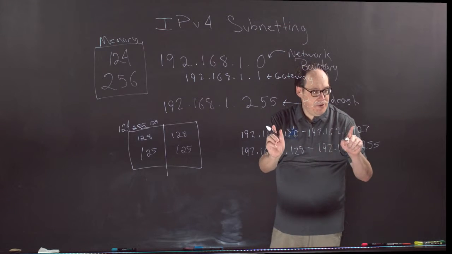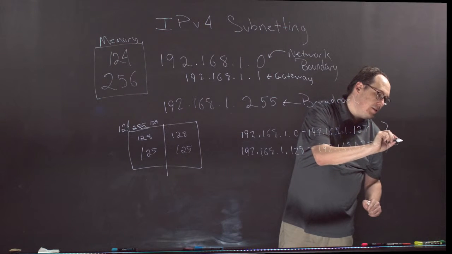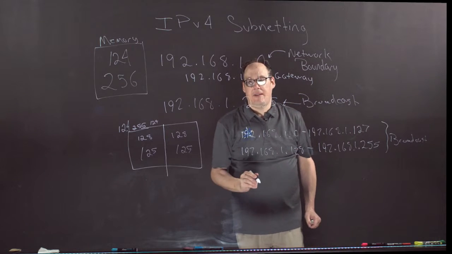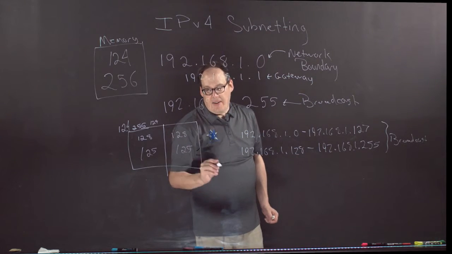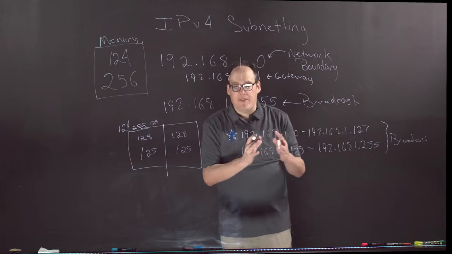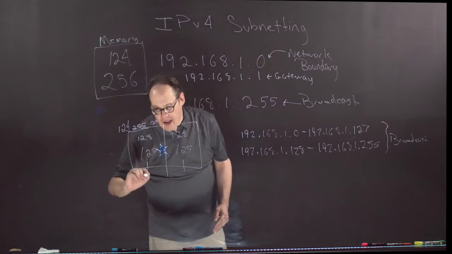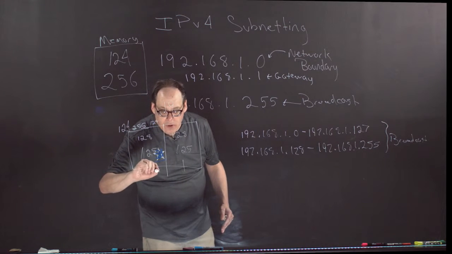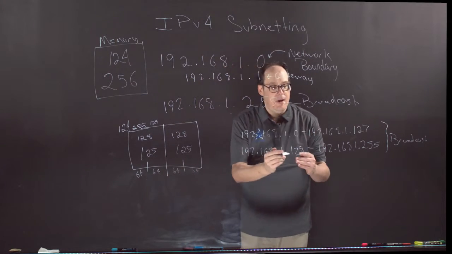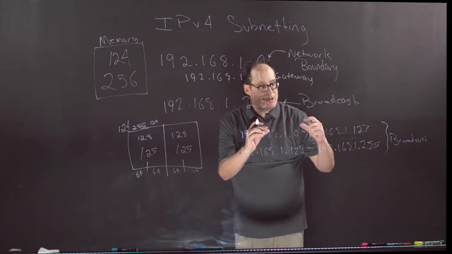So now we have two networks. These are both broadcast addresses. And these are both network boundaries. In this case, I've counted by 128 in order to get there. If I subdivided this network again into 4 parts, each half would have 64 addresses. And I could count by 64. I would still have the same total number of IP addresses, but I'm subdividing it into smaller and smaller groups